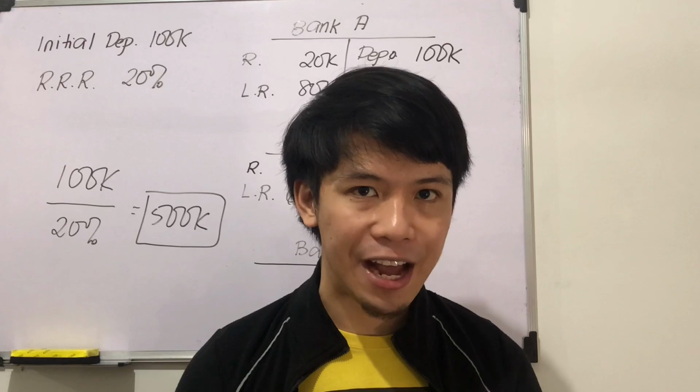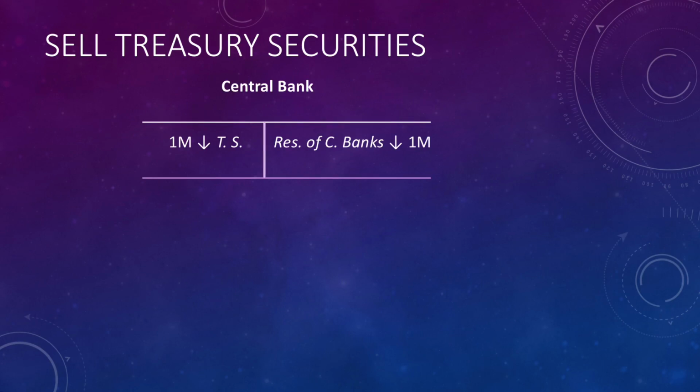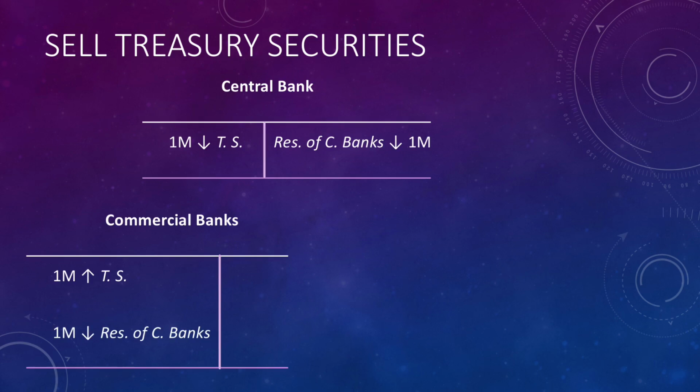What if the central bank would sell the treasury securities, say for another 1 million pesos? So the central bank's balance sheet would experience a 1 million decrease in treasury securities, left side, and a decrease in the reserves of commercial banks by 1 million on the right side. In the balance sheet of the commercial banks, a 1 million peso increase in treasury securities and a 1 million peso decrease in the reserves of the commercial bank,